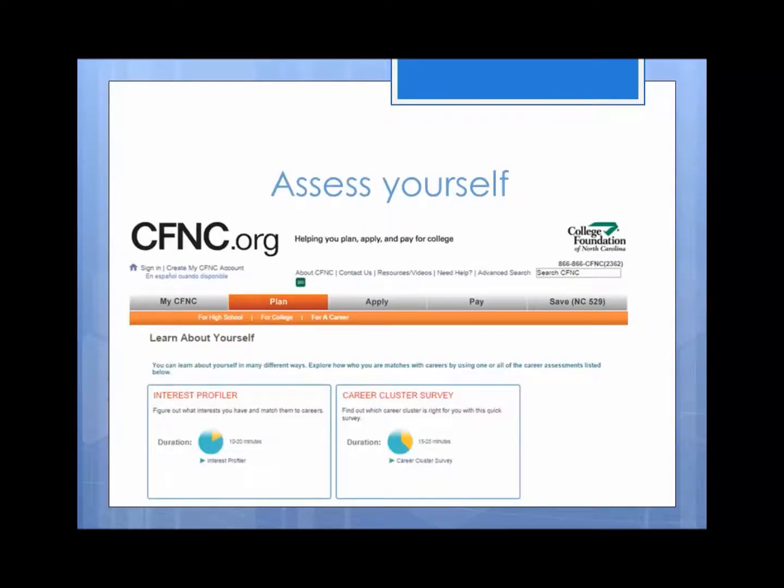Oftentimes, a person comes back and says, you know, I am not really clear, I'm not sure what it is that I'm good at. I don't know in my own mindset what it is that I'm capable of doing right now. For that person, as an instructor, I clearly understand that it is an opportunity for them to assess who they are. And so online, there is a website, and it is called